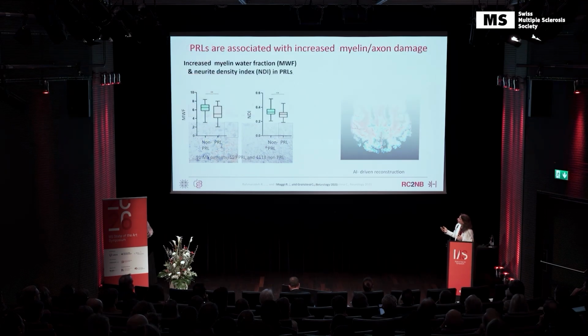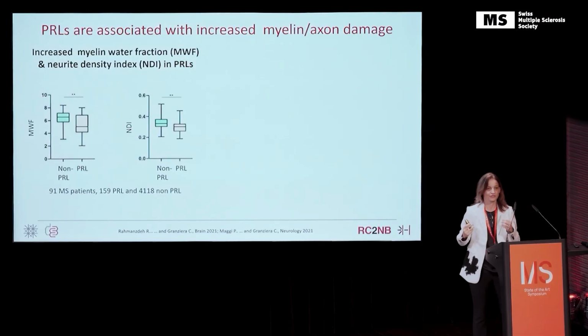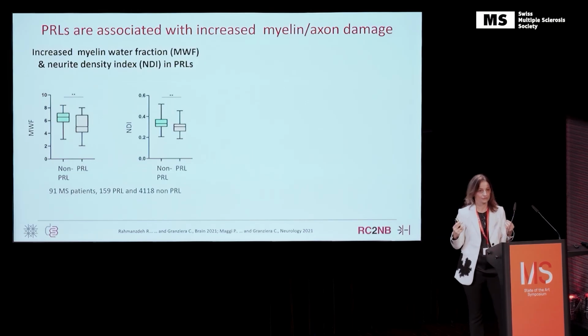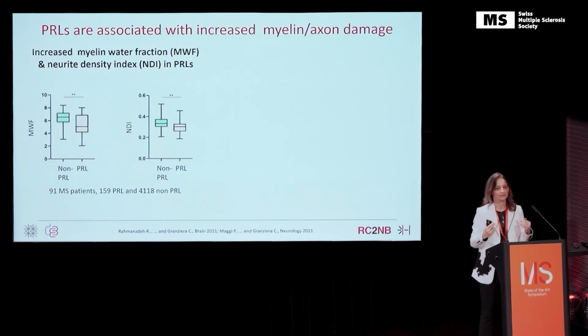And then if you go to the quantification, which we can do, using the same parameters that I told you before, myelin water fraction, which is a surrogate marker for myelin, and NDI, which is a surrogate marker for axon. You see that these lesions that we call nicely pearls have less myelin-related and less axon-related quantity compared to the other lesions. This is a fact.